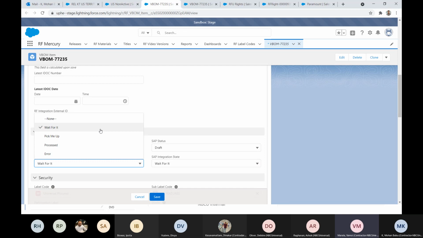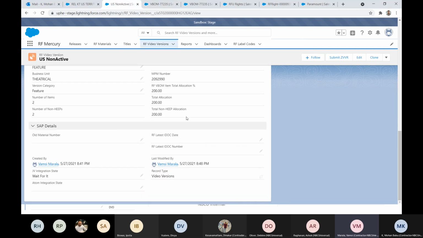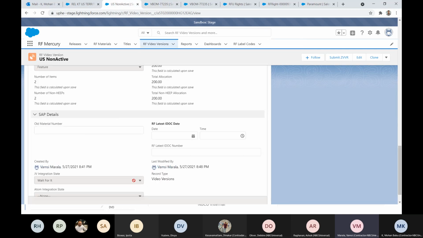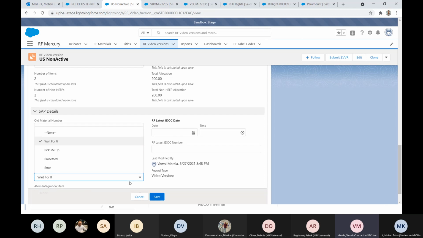If any error occurs, it will say error occurred, so that we come to know what the status is for this VBOM item. The video version has the same integration state fields. These fields are mainly for TIBCO integration and SAP integration.